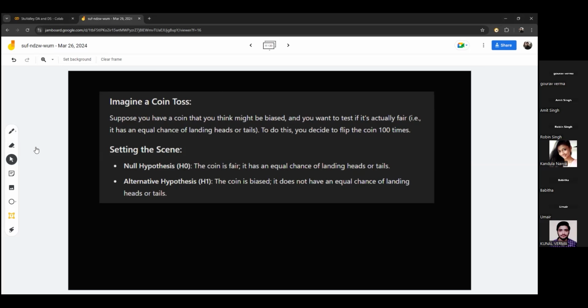If you do the test, then only you'll come to know. So what is the null hypothesis we'll assume in this scenario? The coin is fair. We'll assume this, which is equal. Like we'll say that everything is equal. The probability of getting heads and tails are both the same. The alternate hypothesis is that the coin is biased and it does not have an equal chance of landing. So this is saying it is fair and this is saying it is biased. This is how we set the statement. Okay. Then next,